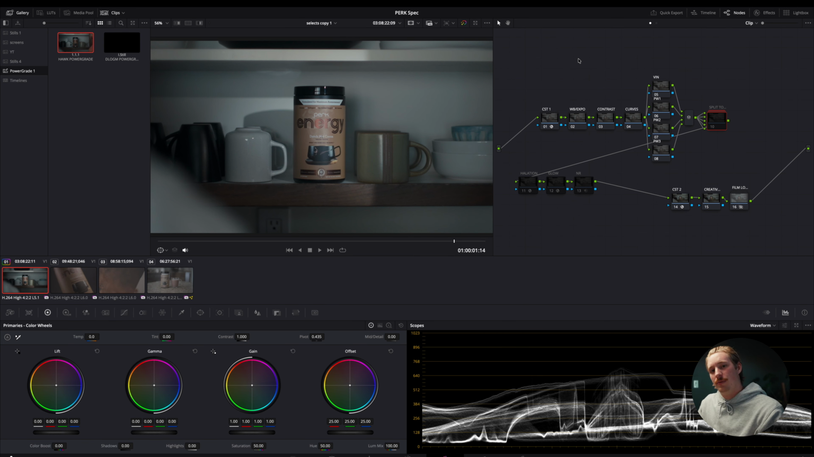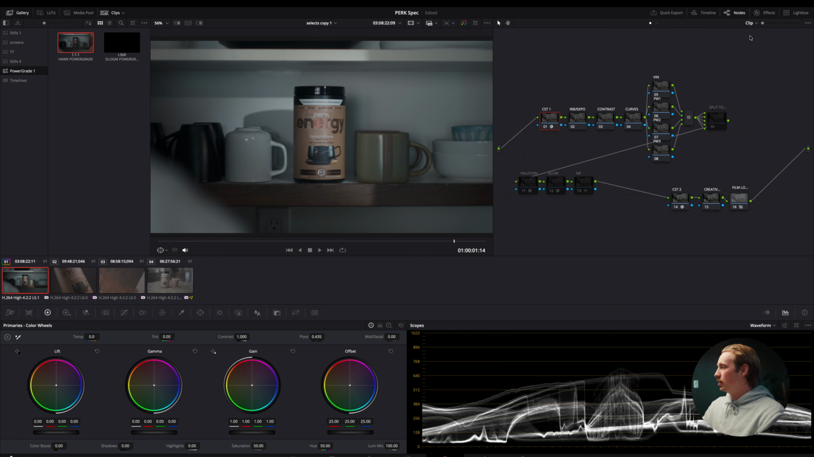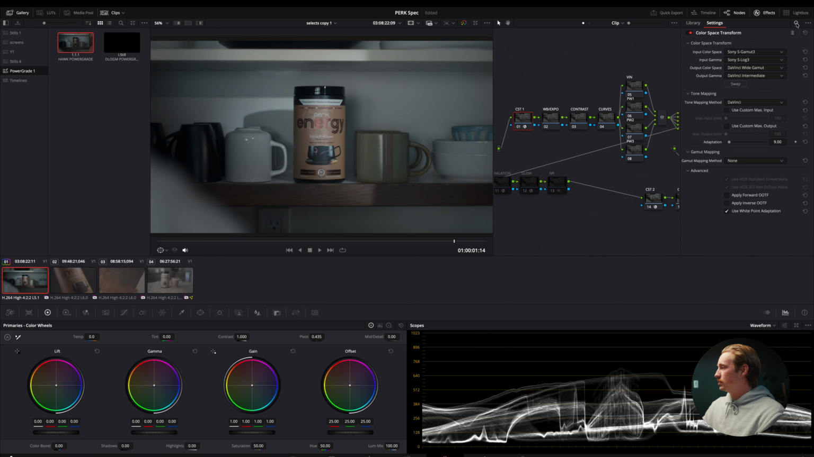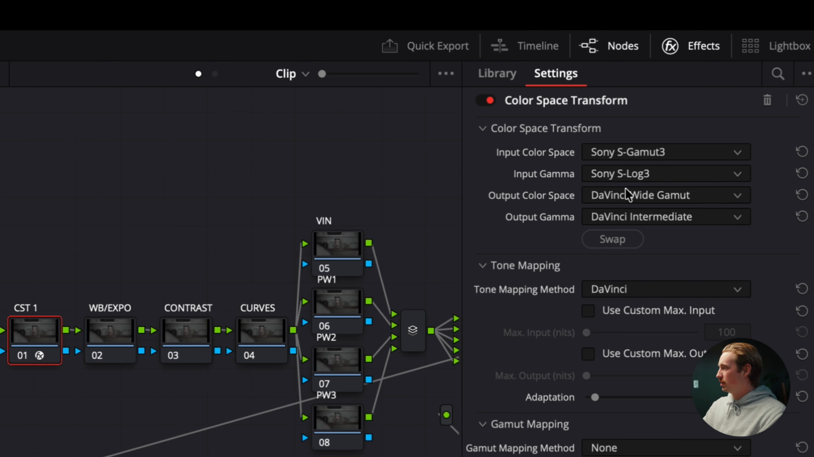So with my power grade applied, it's converted everything from S-Log3 over into Rec. 709, so I can visually see the image and see what colors I'm working with, what exposure is doing, and all of that. If you're not using my Hawkstra Power Grade or are unfamiliar with the process, what you'll need to do is add in a color space transform by going to Effects and searching for color space transform and changing the settings to match your camera, and then the output color space should be the DaVinci Wide Gamut and